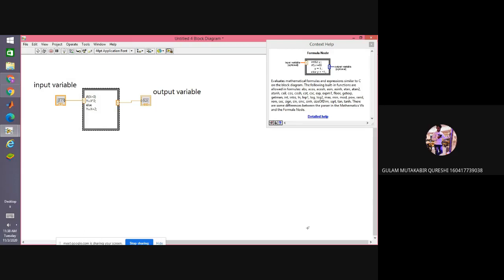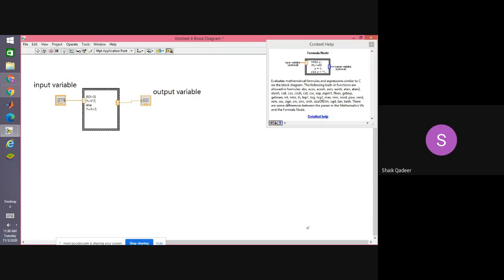Yes, agree. So, it's sometimes very difficult to write formula in graphical programming or data flow programming, but sometimes it is very necessary to have, in between the flow, the execution of a particular formula or a sequential loop.